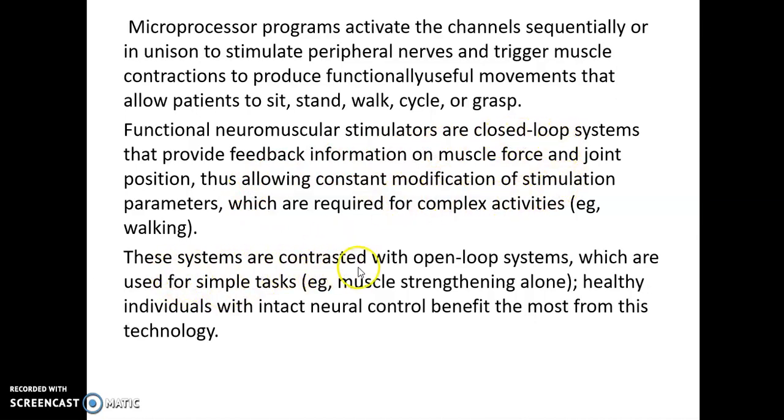These systems are contrasted with open loop systems, which are used for simple tasks. If you are using a simple task, then use an open loop system. Healthy individual